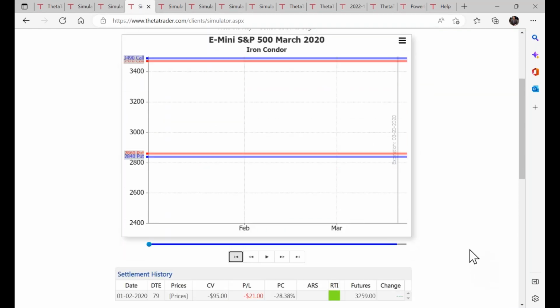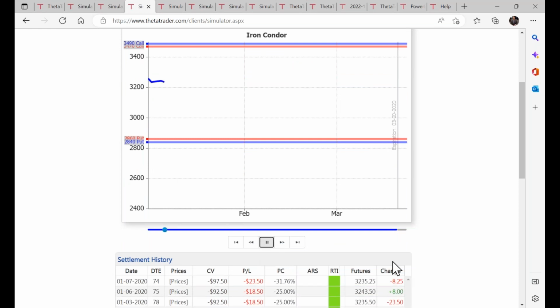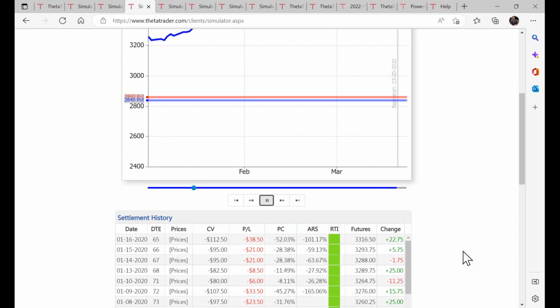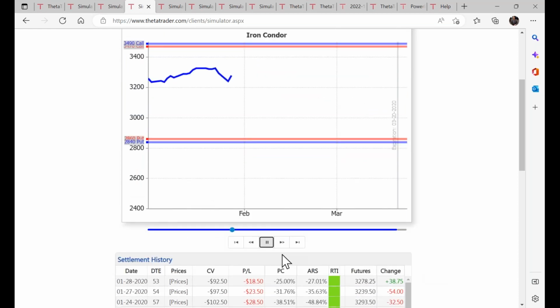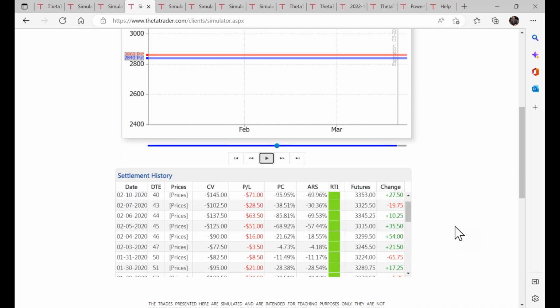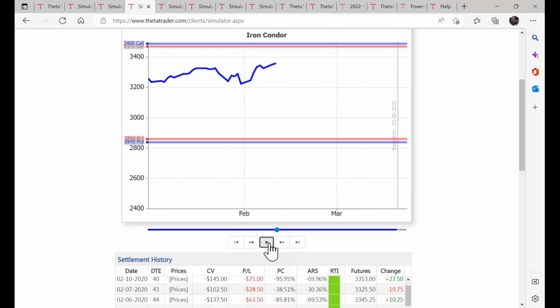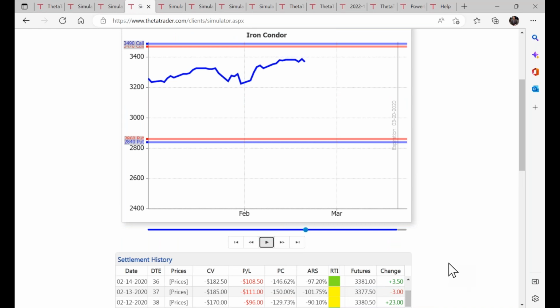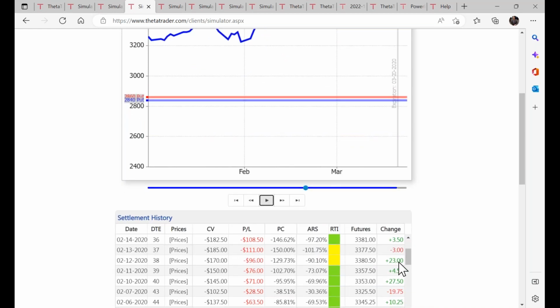Here's another condor. And by the way, green means good. So the RTI is green, and that means do nothing. Yellow, you can see here yellow, it means it's a little bit of elevated risk.